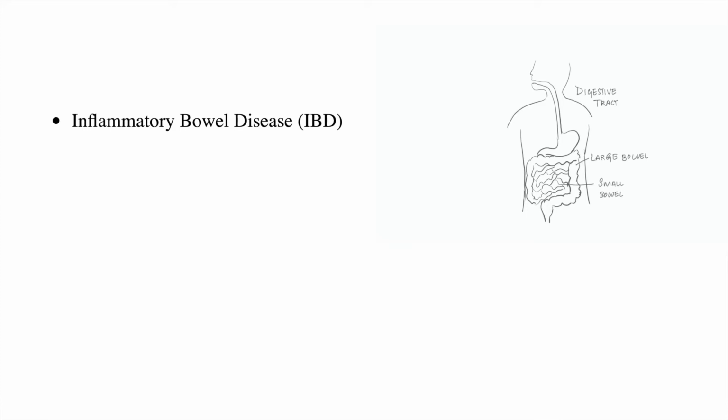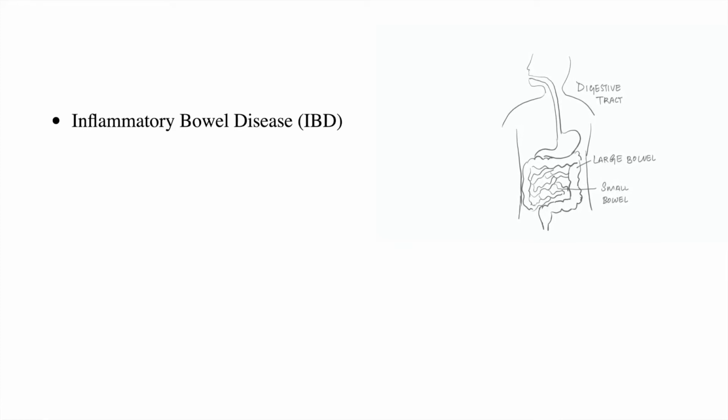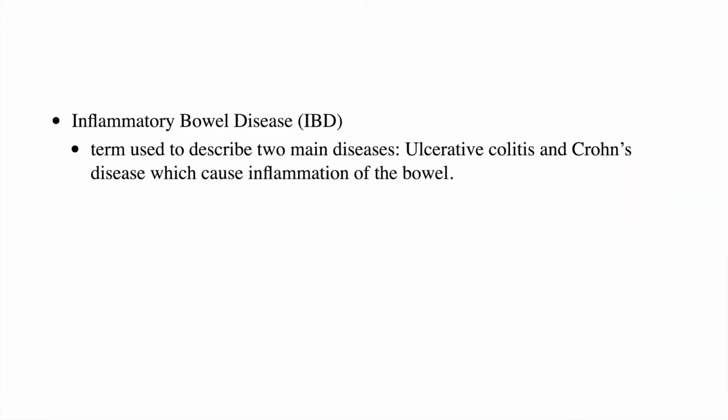Okay, so for this case, you can begin by saying, based on the information that you have provided and on examining you, most likely what you're having is a condition called inflammatory bowel disease. At this point, you can also draw the picture showing the digestive tract, show the large bowel and small bowel, and explain this to the patient. In this condition, what's happening is that there is inflammation of the bowel, and that is the reason why you're having diarrhea and blood in your stools.